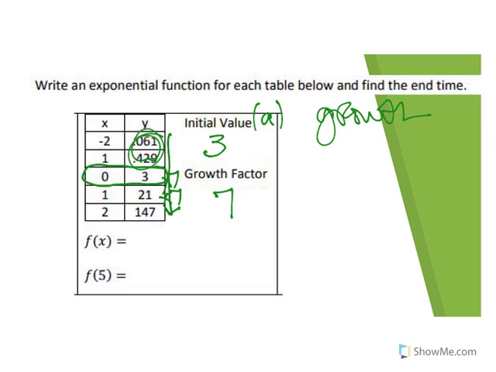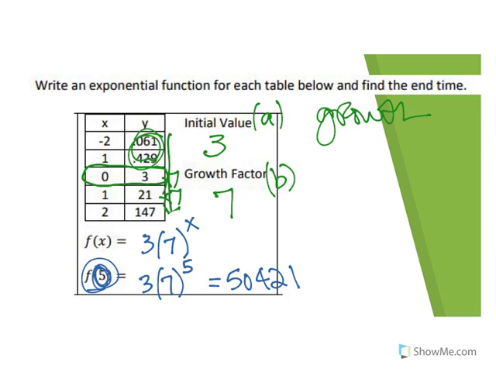Okay? Now remember, this is going to be our formula, and we need to put A and B in there. So the answer here is 3 times 7 to the x. Now, this part gives us an x. It tells us we want to use 5. So we say 3 times 7 to the 5th power. And then we need to use our calculator and figure that out. So 3 times 7 to the 5th power would be